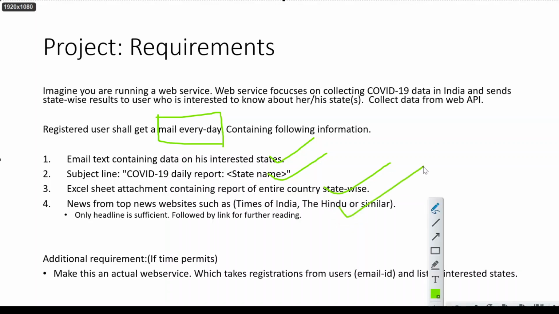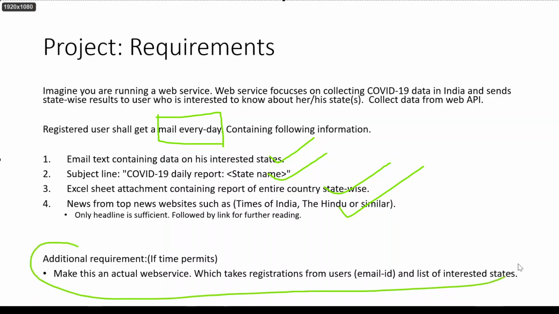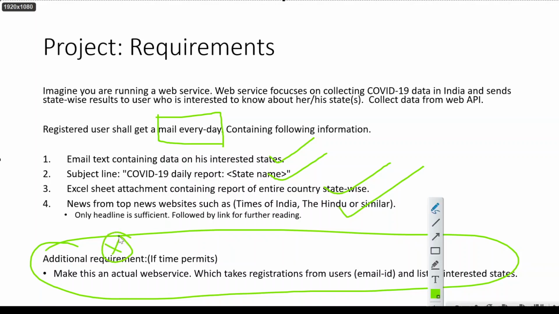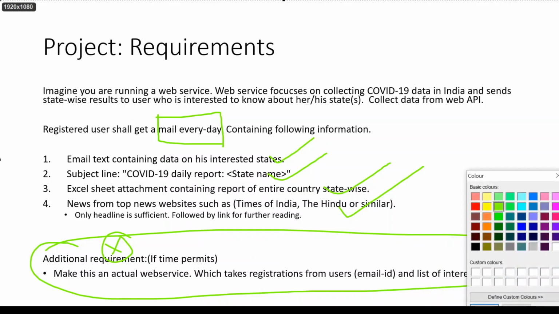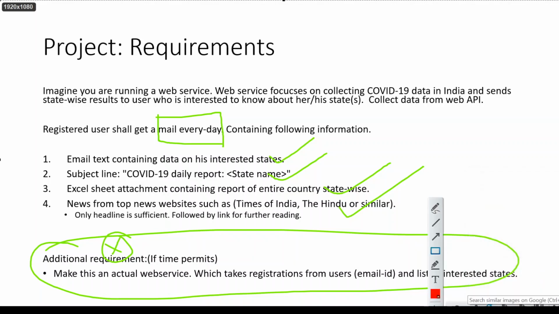But anyways, the idea is the same thing. Since we have a lot of data, you can just take only the top 10, or the top 2-3 news headlines from each news site, and then just put them there. But our requirement is complete, and for this additional requirement we need to learn about web services. This is not doable in a couple of days, because I need more time to show how to get a web service up. We need some frameworks such as Django, Flask, or something like that. But the basic requirements that we had discussed initially are actually complete.